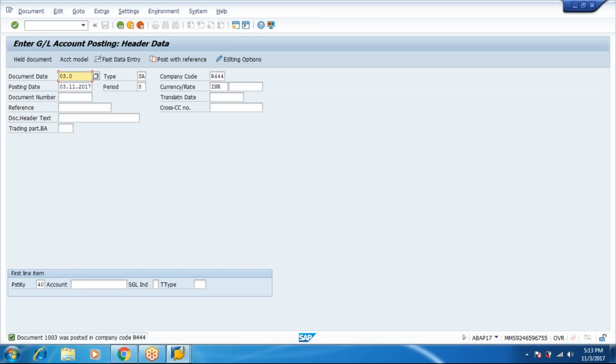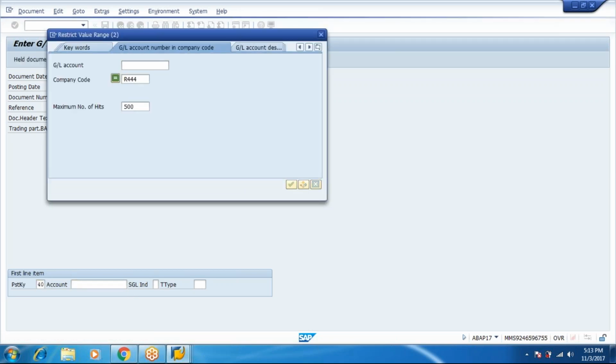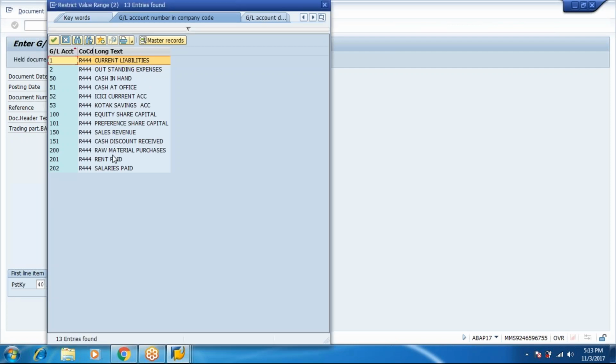And as well as the 3rd 11 2017, from the account of rent paid, for the account of rent paid, for the account of